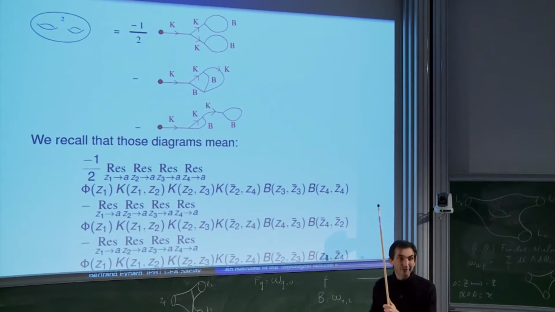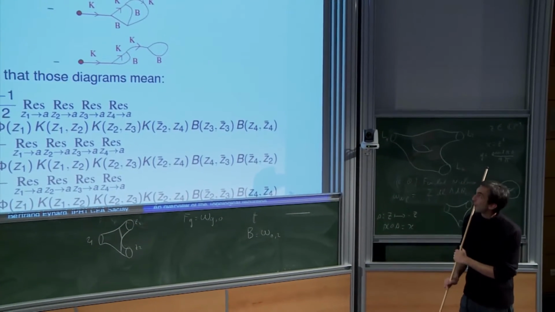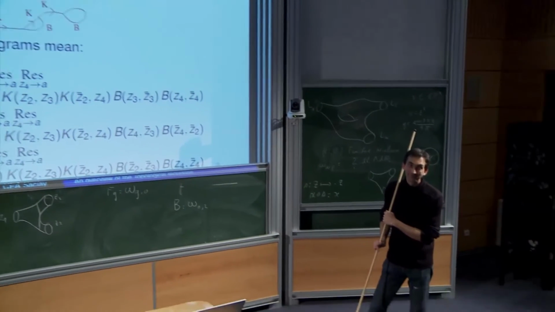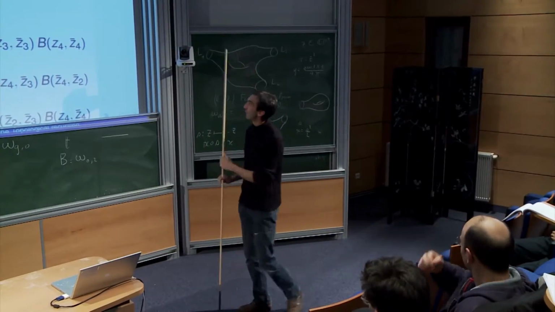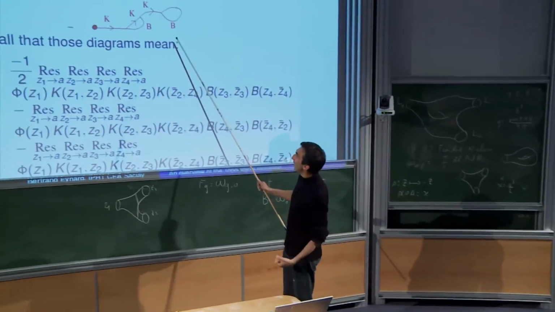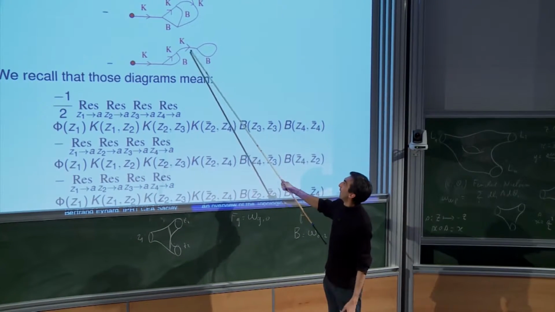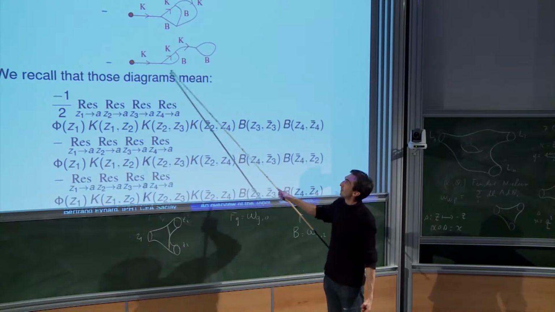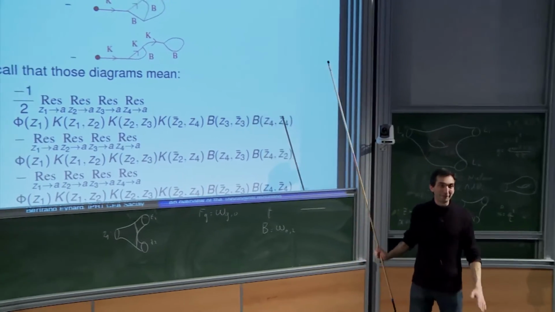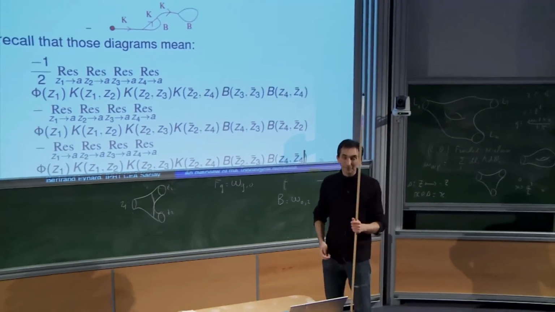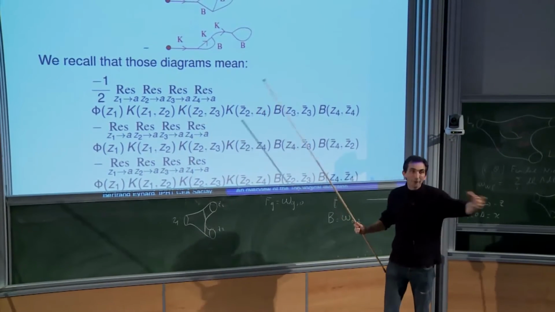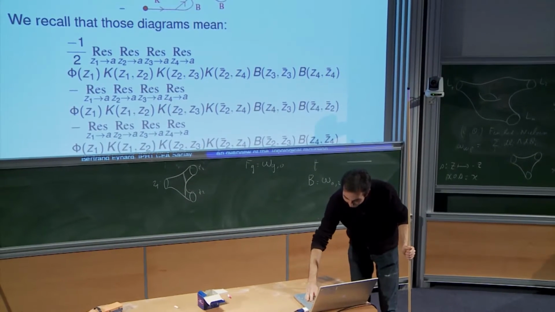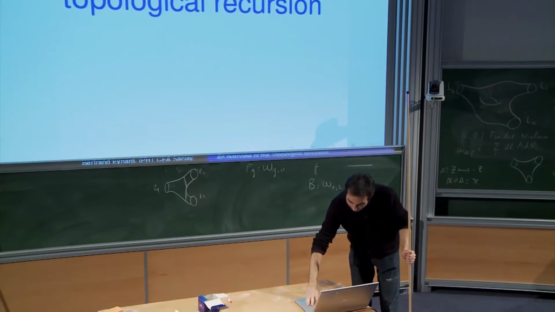Right. Is it the same critical points for each residue? No, for each residue you have to take the sum over all critical points. So it's actually a 4-tuple sum. If you have n critical points, you have n residues here, n residues there. So here you have n to the 4 terms, in this picture. But you can also say that it's only one integral, the sum of residues. It's just a matter of giving a meaning to that.